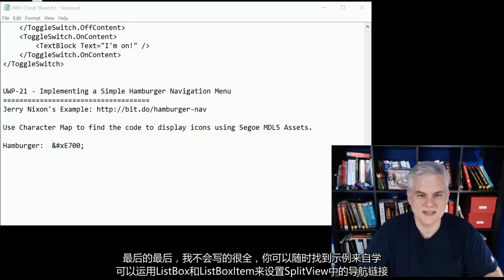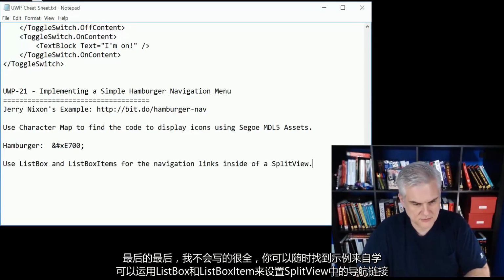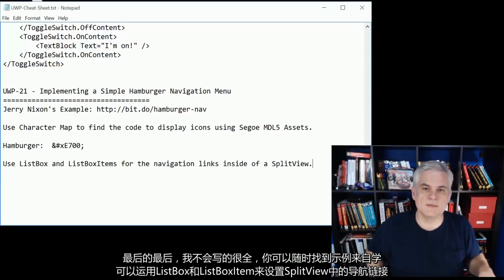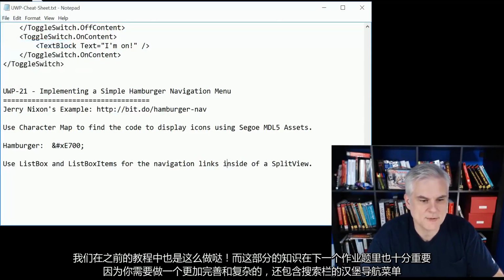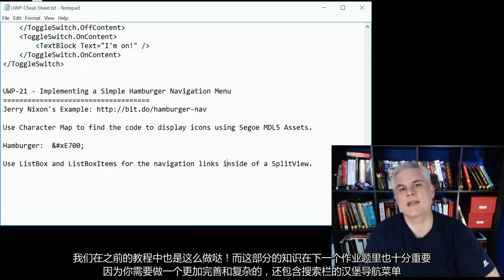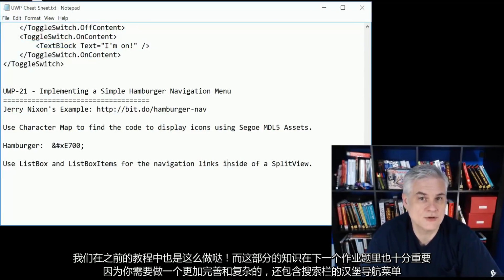All right, and then finally, and I'm not going to write out a lot of this, you can always find this code example. You can use list box and list box items for the navigation links inside of a split view. And that's what we did in that example. And that technique is going to come in handy in the very next video because you're challenged to create a more full-featured